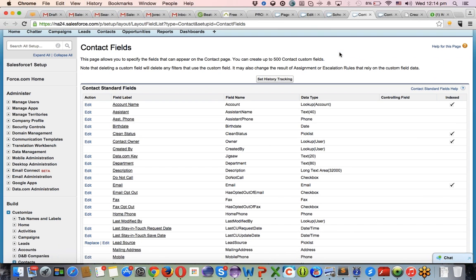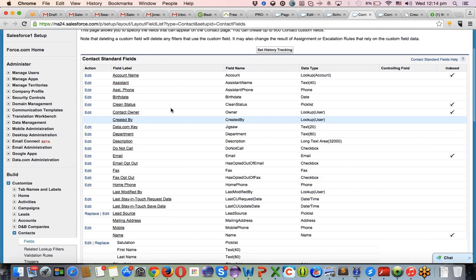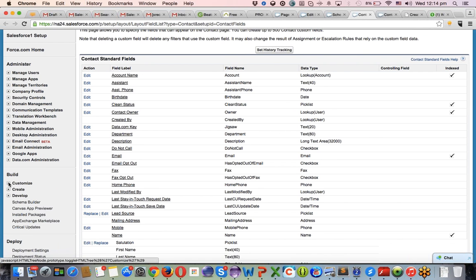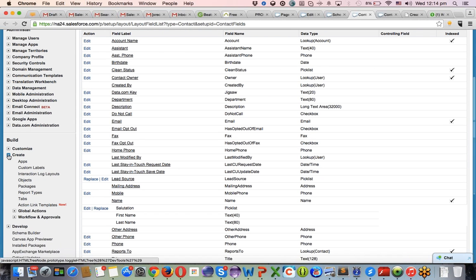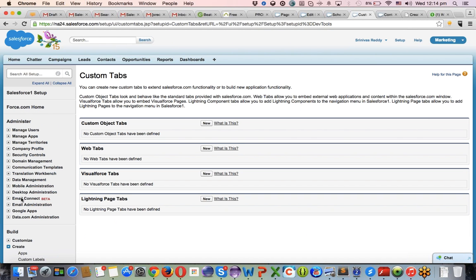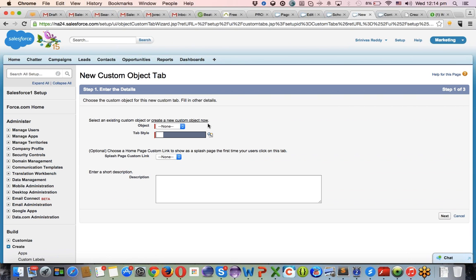Why? I have not created tabs. I have not created the application also. How to do that? I'm going into create. I'm clicking on tabs. First of all, I will create 3 tabs for the custom objects which I have created. That is 3 objects. Okay. Create new. I will select the training object